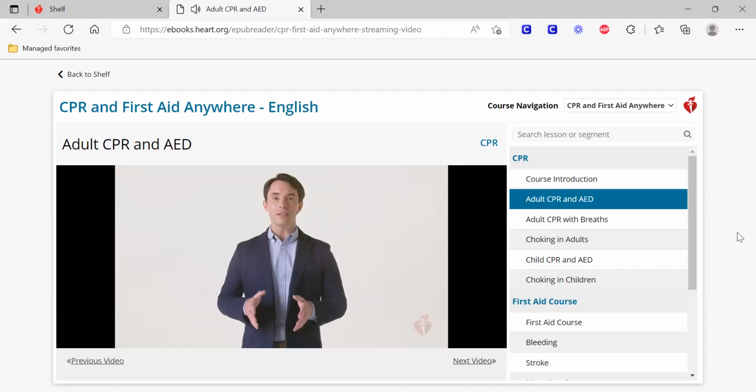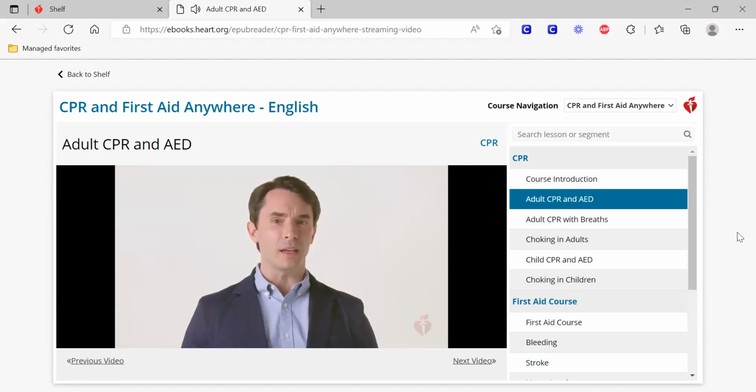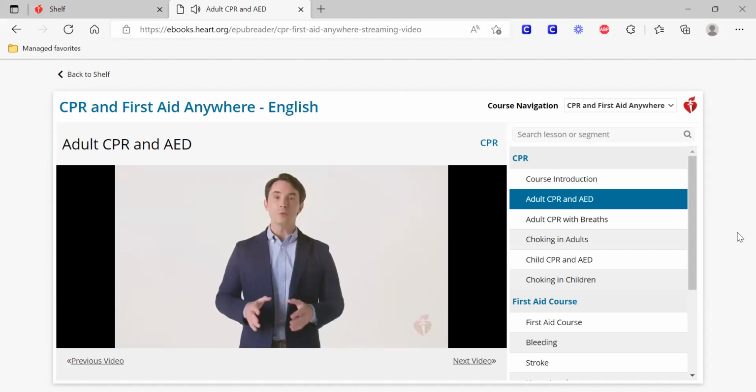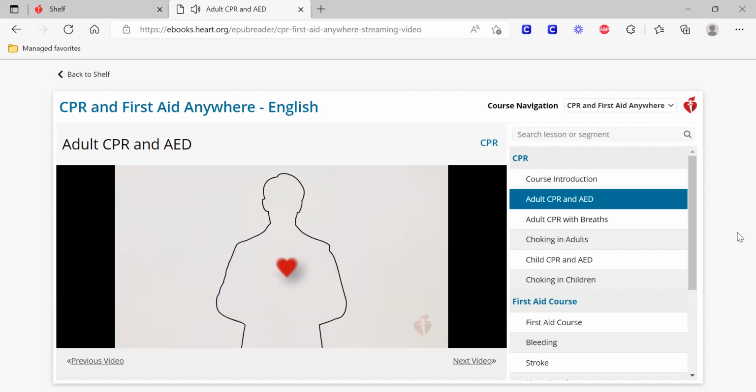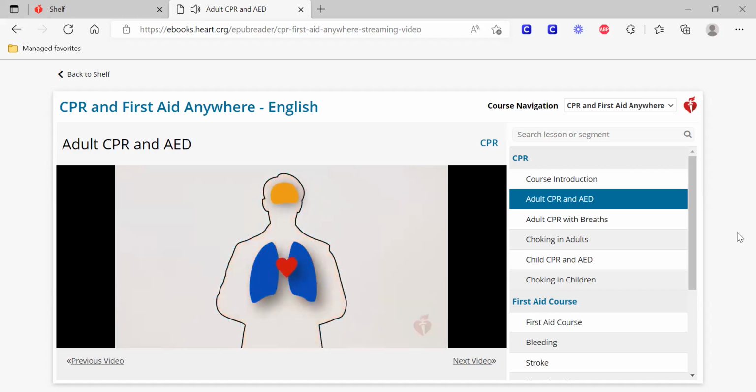Picture yourself giving someone hands-only CPR. The person is lying on the ground in front of you, and you're pushing hard and fast in the center of the person's chest. What is CPR doing to the body to help keep the person alive? Try to visualize how you think CPR is helping save this person's life. When you give compressions during CPR, you are acting like the heart, helping to push oxygen-filled blood to the brain and the rest of the body. This can help someone survive when his heart stops beating.